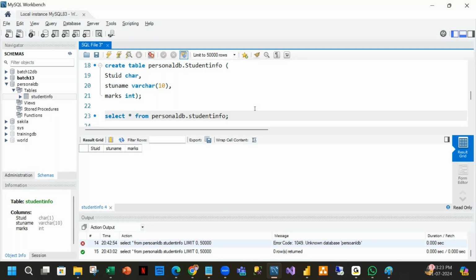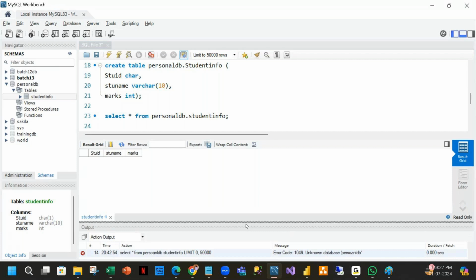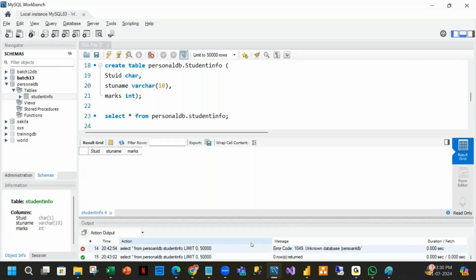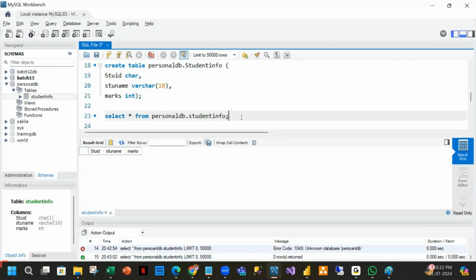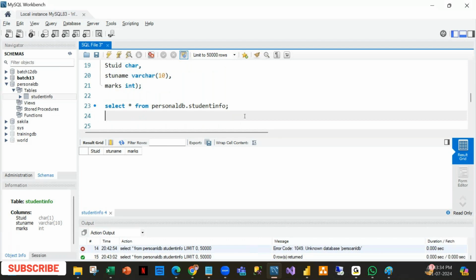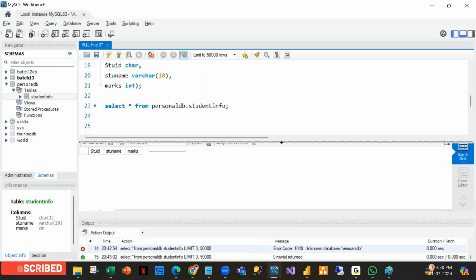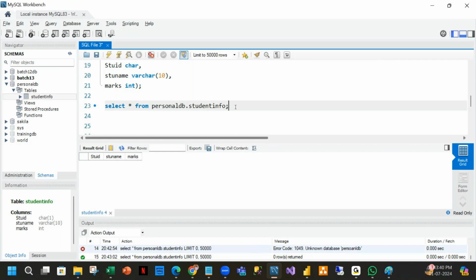Now how to insert the data in it? To insert the data in a database, you have a command called insert into. There are multiple ways to write insert into. Generally, people follow multiple ways to write this. Now you see, if I write insert into,